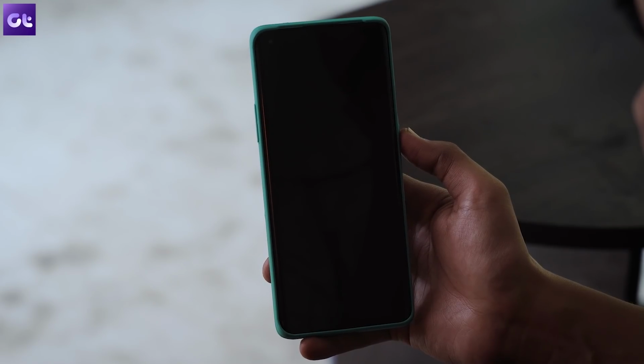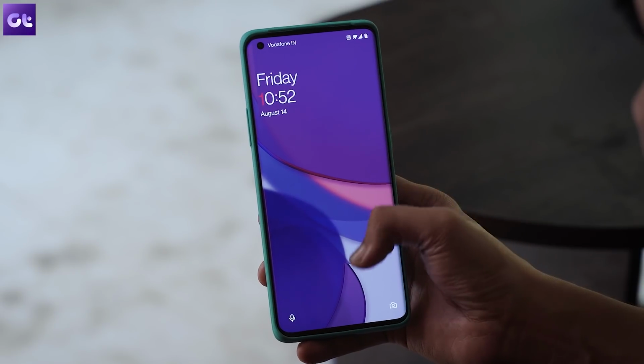Now in my testing, while the system has been decent enough, I won't say it's stable enough for everyone's usage. I've faced multiple scaling issues, the battery draining issue that I always talked about, and there have been various stability issues in a lot of apps since they haven't been designed for Android 11. So yeah, if you are a OnePlus 8 or 8 Pro user, I would still hold out on installing it. Nonetheless, if you're still enthusiastic about trying it out, I will leave a link down below in the description box on how you can go about installing it.